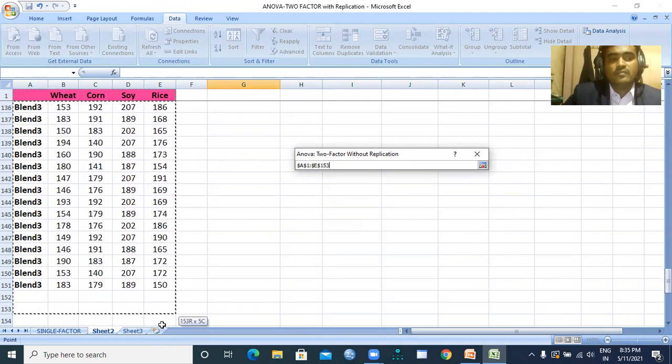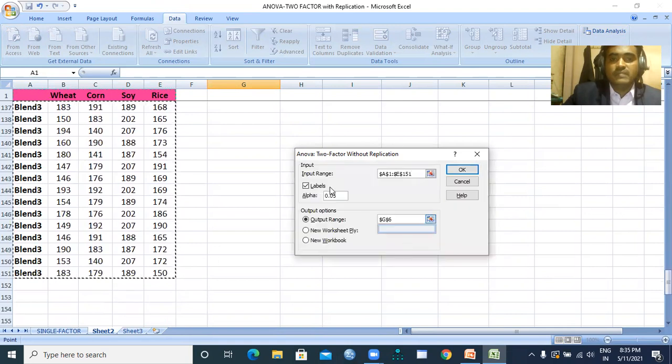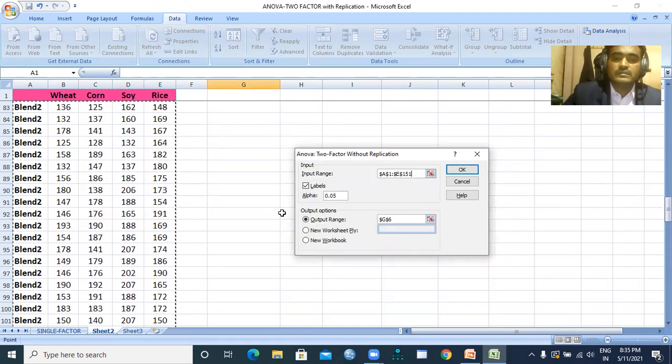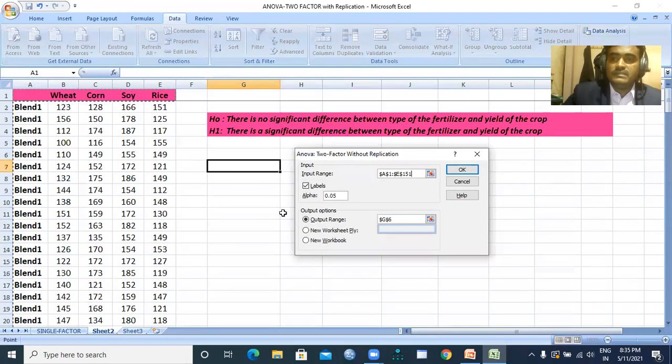I have taken 150 observations in my analysis. My data comprises labels and they are included in the selection, but in the analysis those labels will not be considered. So that's the reason why I checked the labels option.